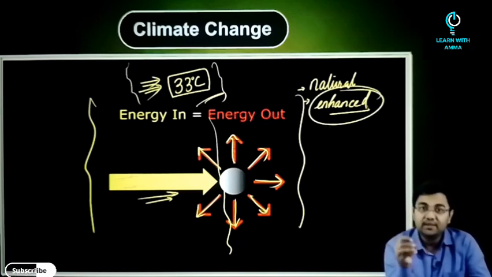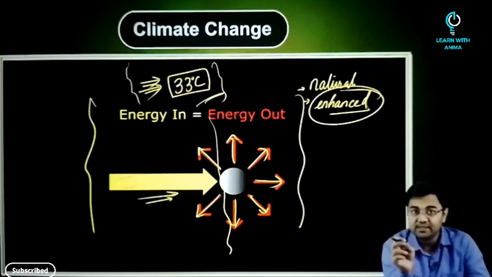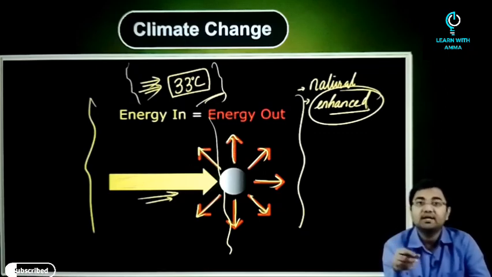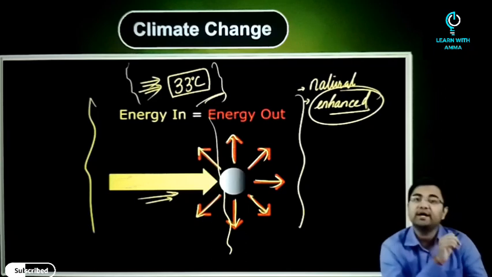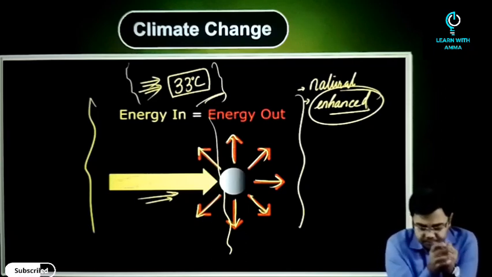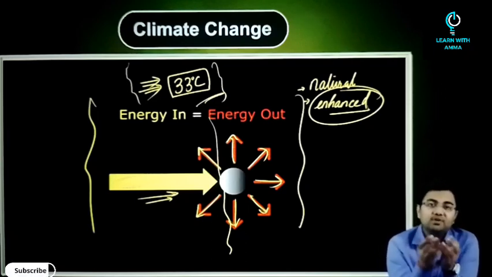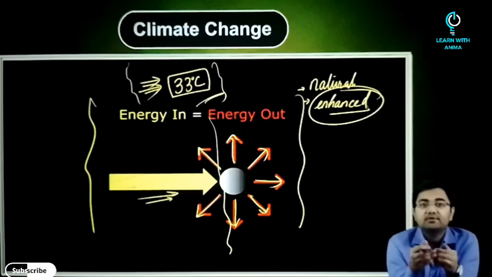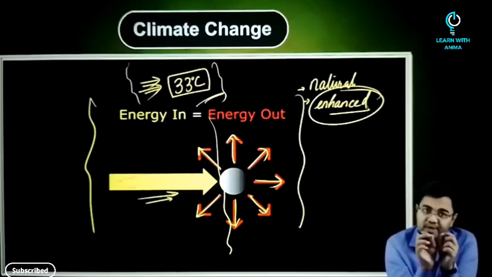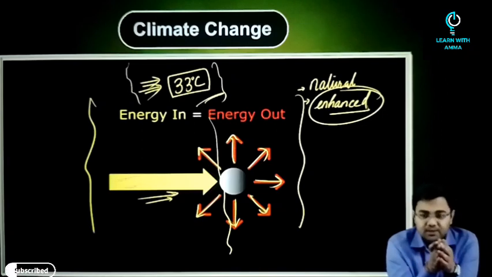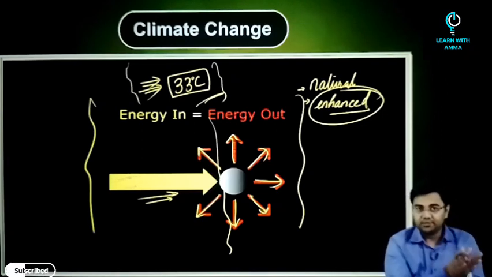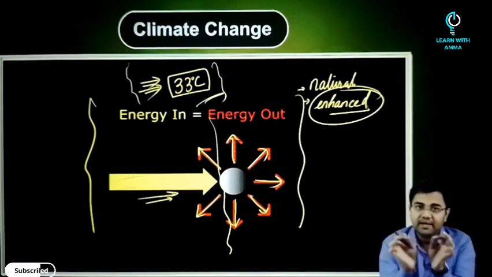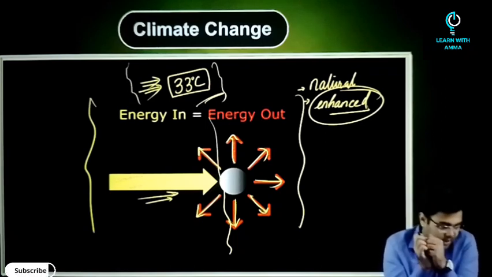So the controversy is not around natural greenhouse effect, but the enhanced greenhouse effect, which is associated with the increased concentration of the greenhouse gases which have happened due to the industrialization and other human activities. Now, in particular, the burning of fossil fuels raises the concentration of the major greenhouse gases in the atmosphere, and these higher concentrations have the potential to warm the atmosphere by several degrees Celsius. So this is the basic difference between natural and the enhanced greenhouse effect.